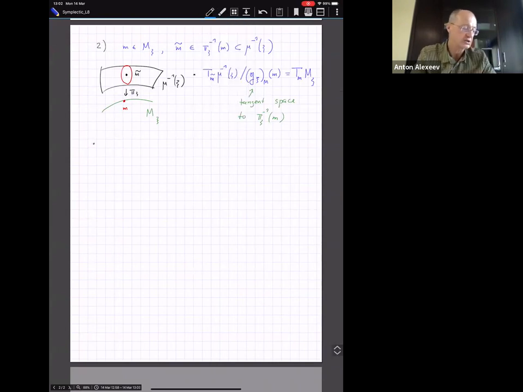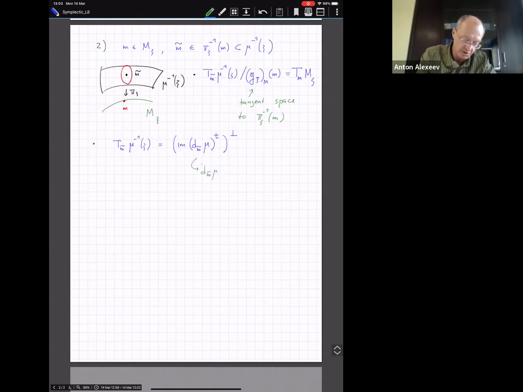Now the next observation, it's using that proposition that we proved last time. So first of all, this T m tilde of mu minus 1 of psi, so the tangent space to the fiber. That's exactly the orthogonal complement of the pullback forms that you can get from the target of the moment map. So this map,